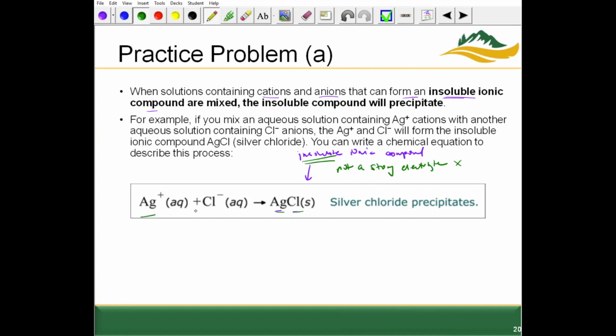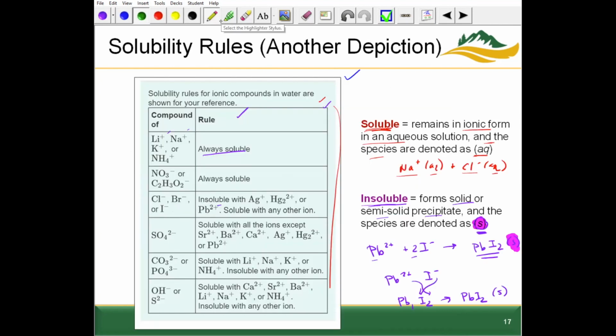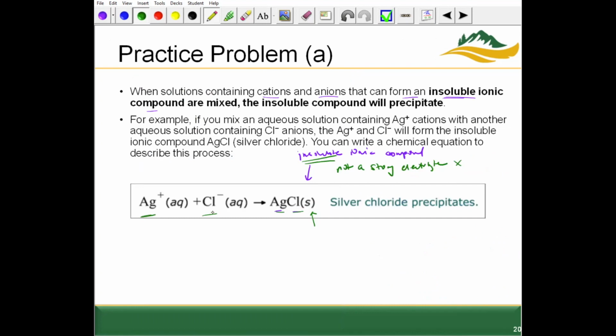How would we know that silver and chloride coming together forms this insoluble precipitate based on those solubility rules? Well, this row looks helpful. So here we have chloride ions. They are insoluble with silver. So there we go right away, silver and Cl. This forms an insoluble precipitate. So insoluble precipitate because we see Cl minus is insoluble with this ion of silver. That's how we know when silver and chloride get together, they're going to form this insoluble precipitate based on the